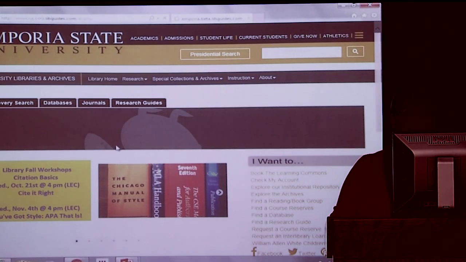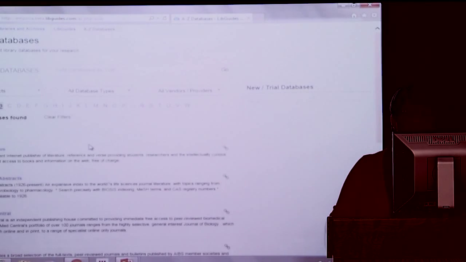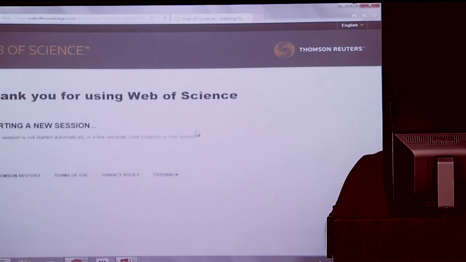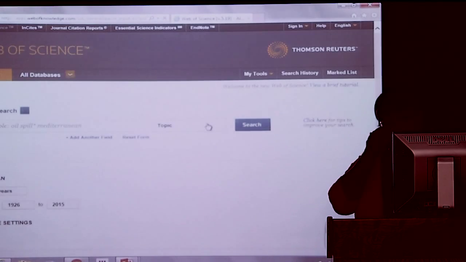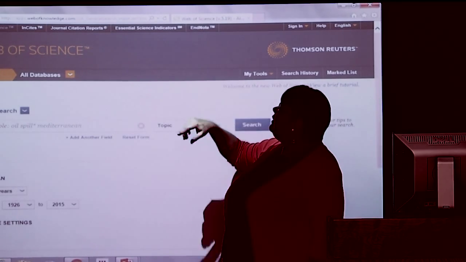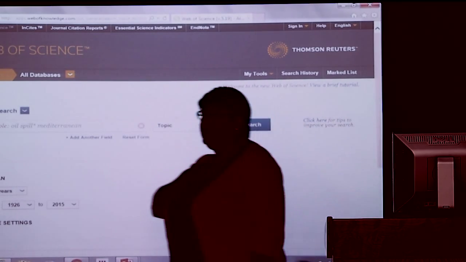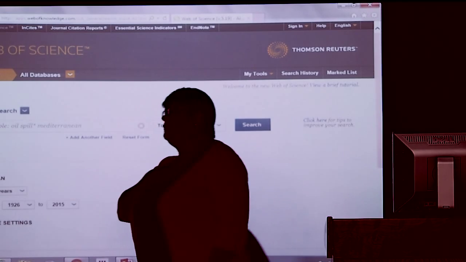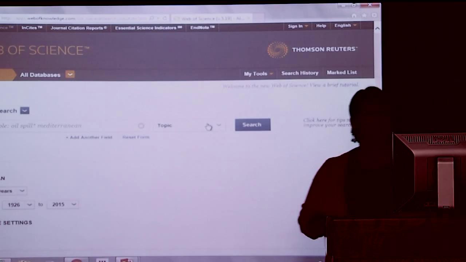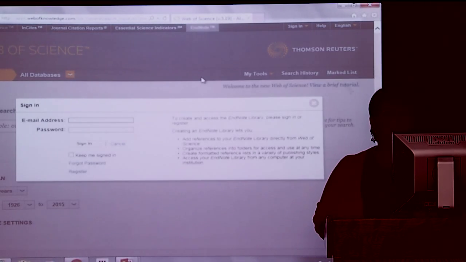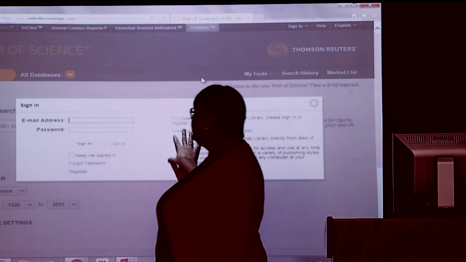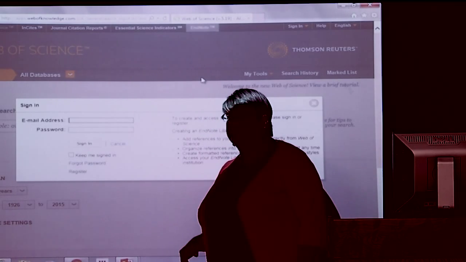If I go into the Biological Abstracts database, it allows me to get into EndNote here. You can say from biology, but that's obviously not where my research is, so it doesn't do me any good to say from there. However, I could sign in to EndNote with my email address and my password, and I could use it like I use the other resources.